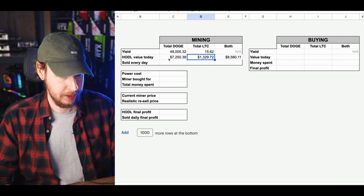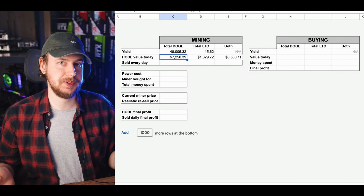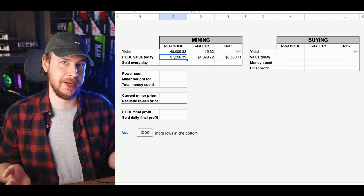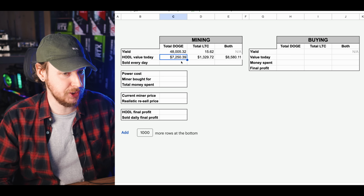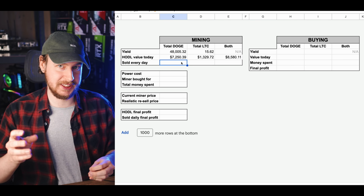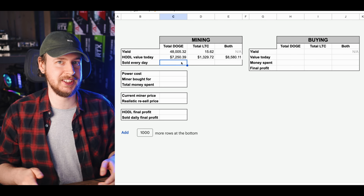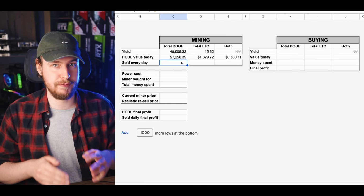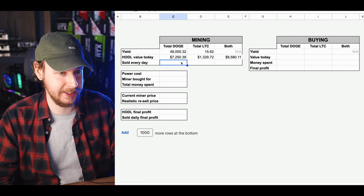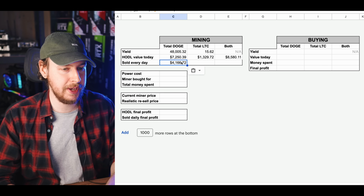That's better. Now, of course, mining and holding isn't the only strategy. So what if instead we were to sell every single day of mining with this thing? And of course, I've done the numbers on that as well. This takes into account how much I specifically mined on every single day, so I'm not doing averages here. This is looking at exact data for every single day of mining and what the coin price was on that day. And for the Dogecoin, I would have made, of course, less,